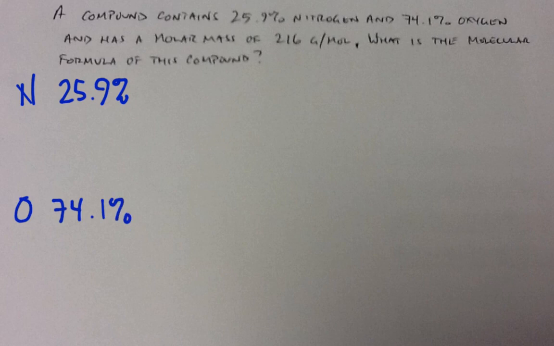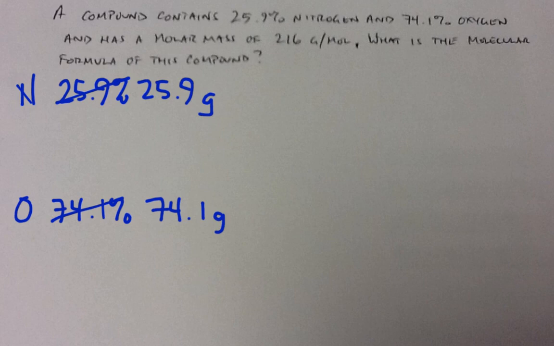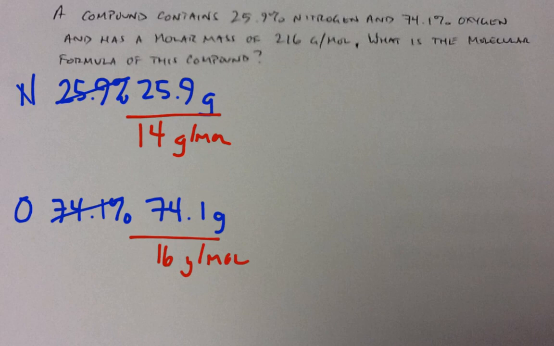Step 1 is removing the percent sign and changing it to grams. So we're going to change this to 25.9 grams and 74.1 grams. So step 1 was in blue. Step 2 is going to take each of these and divide them by their molar mass. Nitrogen has a molar mass of 14 grams per mole. Oxygen has a molar mass of 16 grams per mole. When we divide this out, we get that there are 1.85 moles of nitrogen